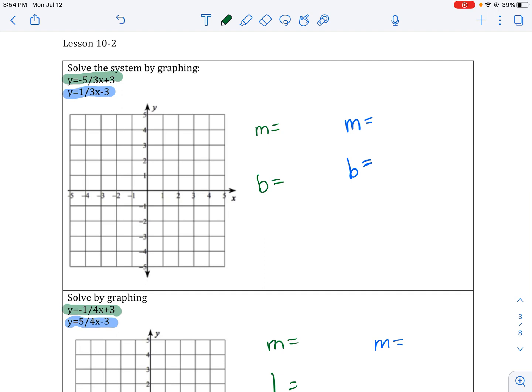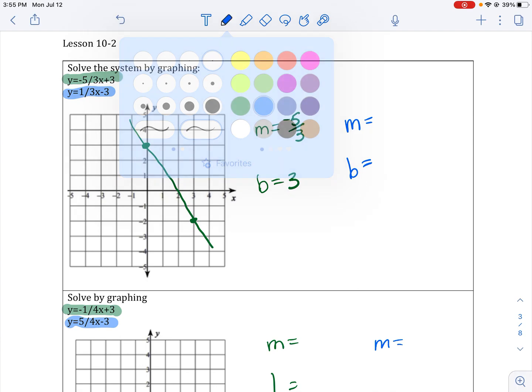So here I have lines, the first equation is highlighted in green. I need to identify two numbers in each of these equations. One is my slope, which is the coefficient of x. The other is my y-intercept, which is the constant. I plot the y-intercept on the y-axis, and then from there, I use my slope, rise over run, so I go down 5 because it's a negative 5, and then I go to the right 3 because it's a positive 3